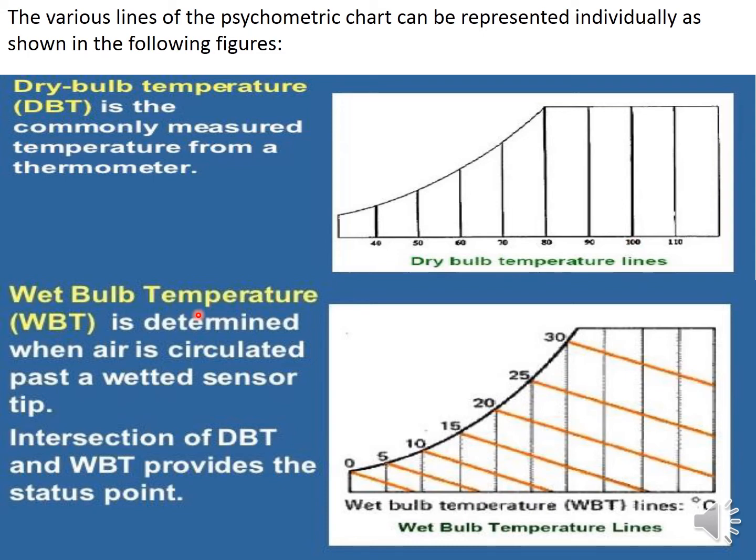Wet bulb temperatures will be on this curve. So this curve, whatever is shown here, they will be on this curve. It is determined when the air is circulated past a wet sensor tip. This already we have discussed. So the intersection of dBT and WBT provides the state point. So wherever this point comes and cuts here, so here it is WBT. So wherever 5 will come and touch here, this is WBT again. 10 will come and cut here, this is wet bulb temperature, right? So next we will see